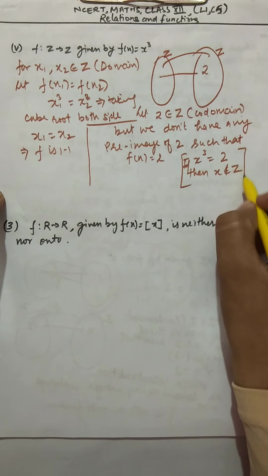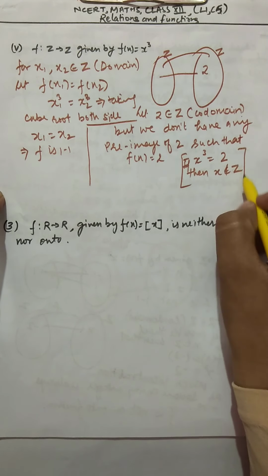Now second, you have to think of an example to show that this is not an onto function. This is the real number set, and this is also the real number set. If I take any decimal number, for example 3/2, then can I have a preimage of 3/2 such that f(x) will be 3/2? We are not going to get any value in R for which the function's value will be 3/2, because you know the range of this function is the integers. Every time you will get an integer as the answer.